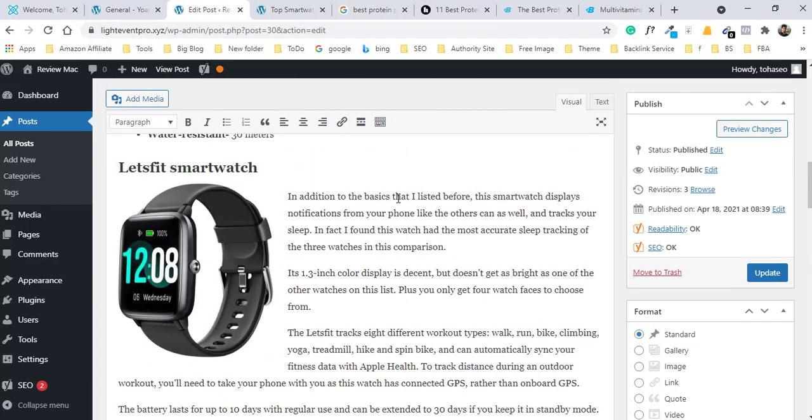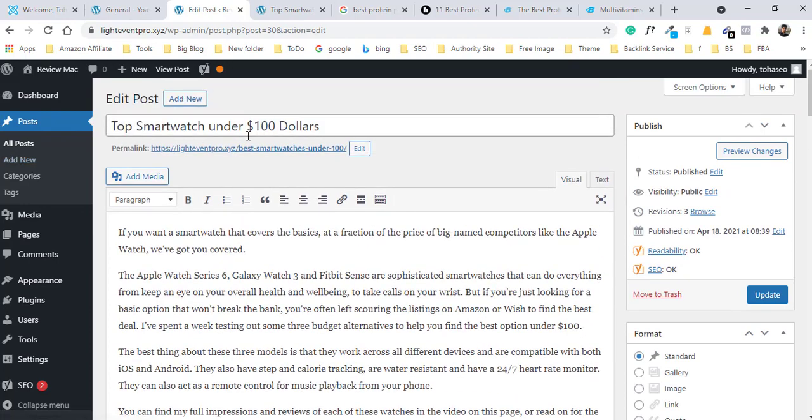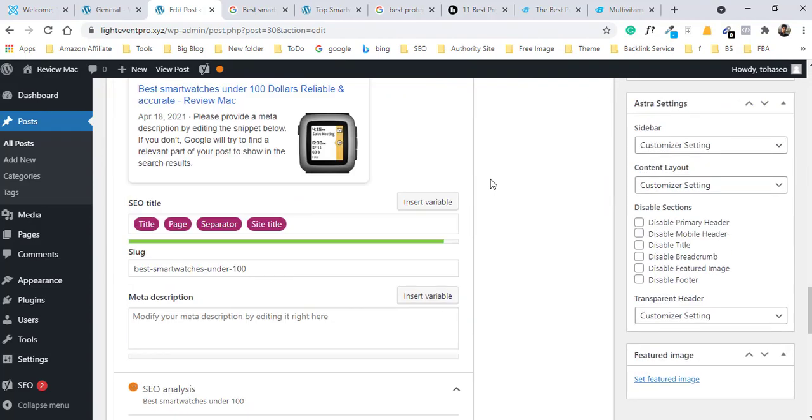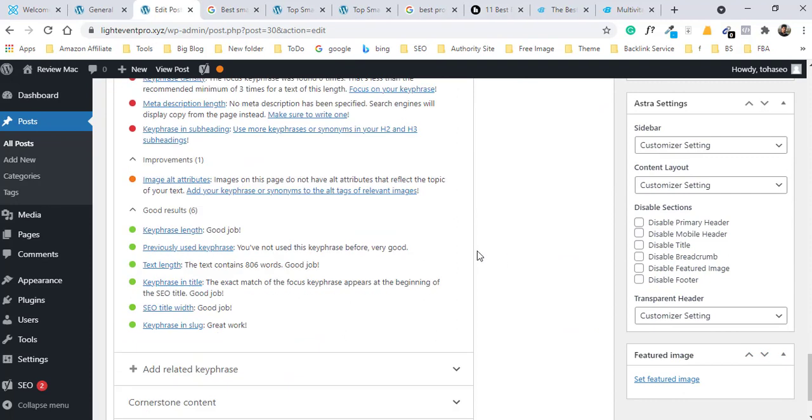Okay, so I click on title and change the title. I add best smartwatch under $100, and I add reliable and accurate.